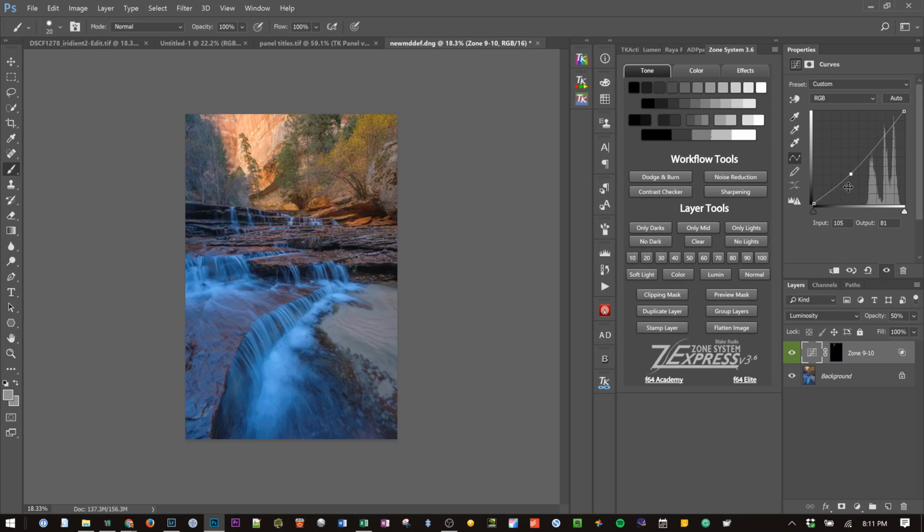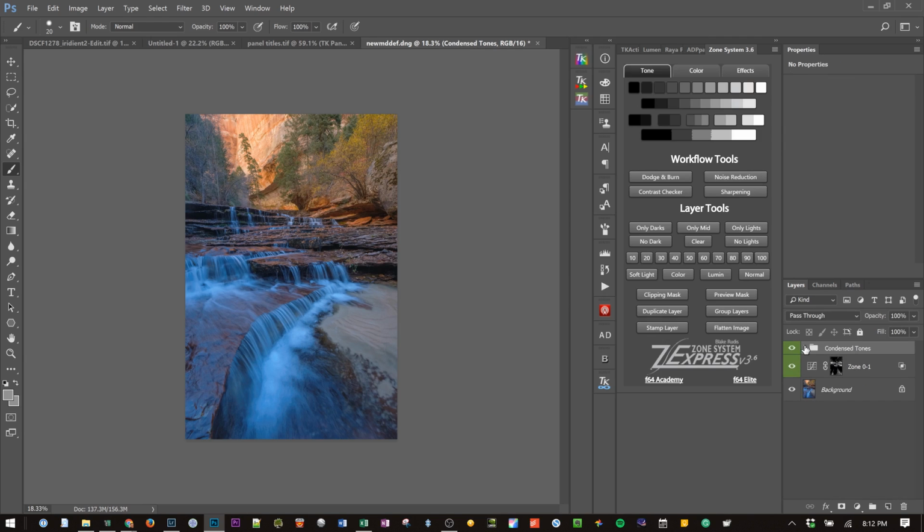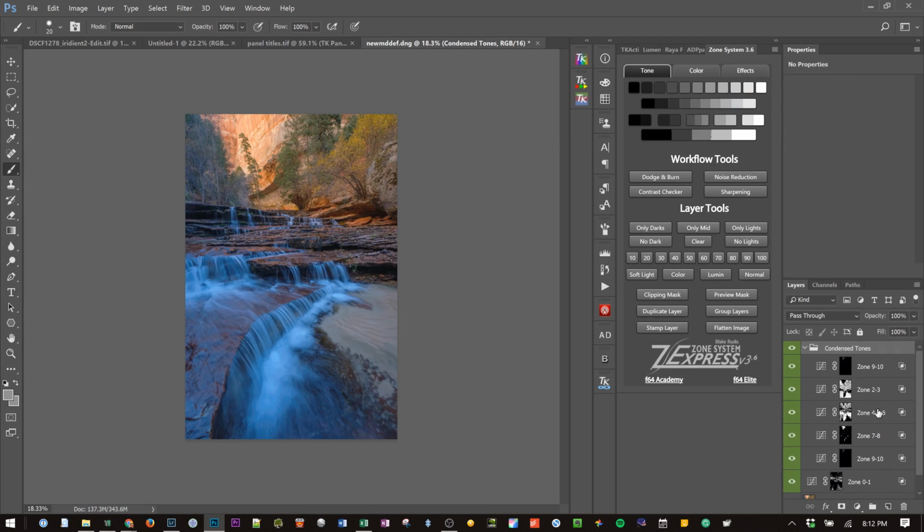If I want to target a specific zone, basically what he wants you to do is create all of these zone masks and then play around with them to find out what is going to work for you. Okay, so now it's not quite done. We have all these different zone adjustment layers that are attached to levels. Now these have been grouped, and if you expand that group, I can come in here and play with these different zones. So if I play with zones 2 and 3,